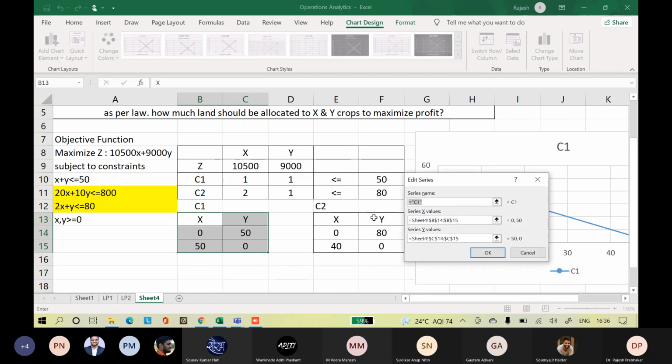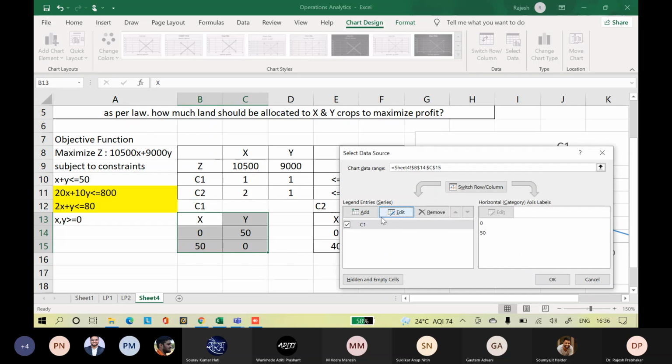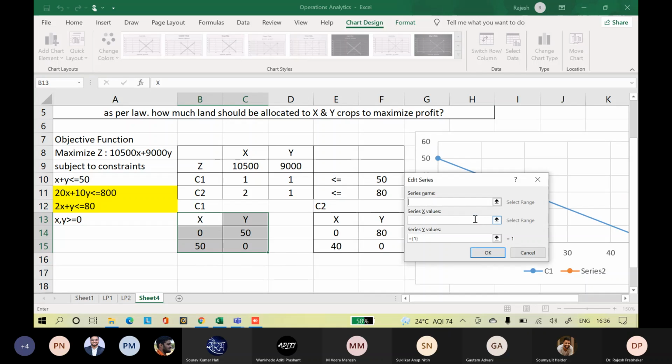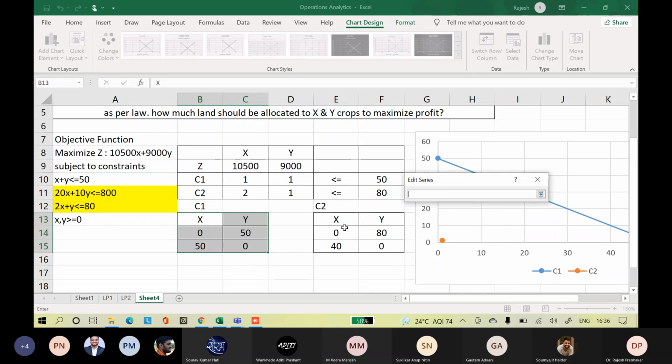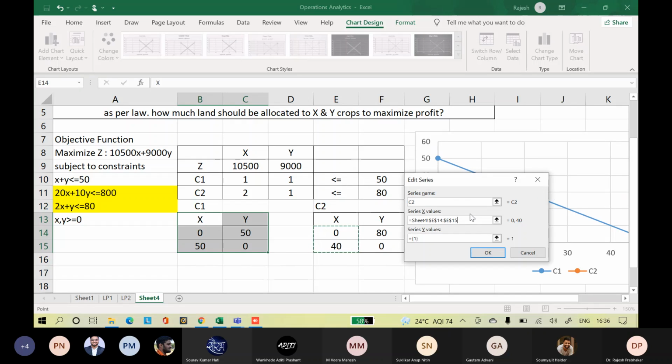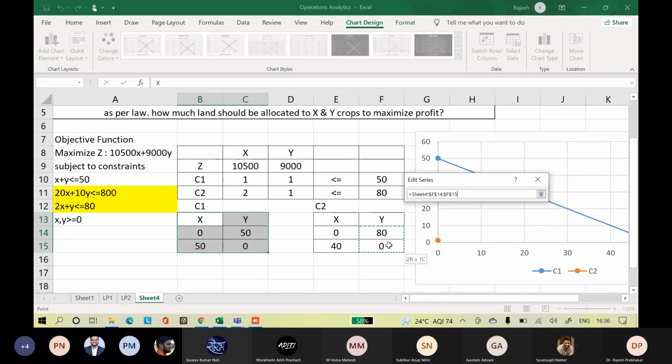Edit, okay, we have to add C2, X values is this, comma, Y values is this.